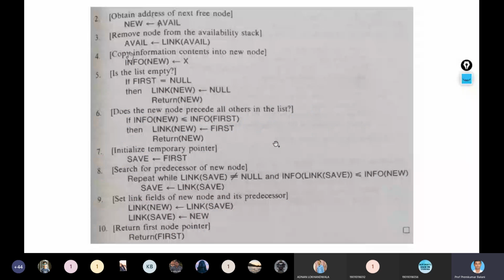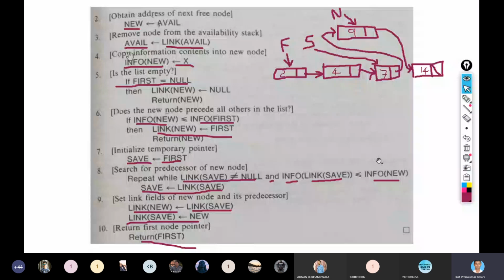So this is the insertion of node in order, and here we have inserted node into the ascending order linked list. You can design your own algorithm for a linked list which is maintained in descending order, right?